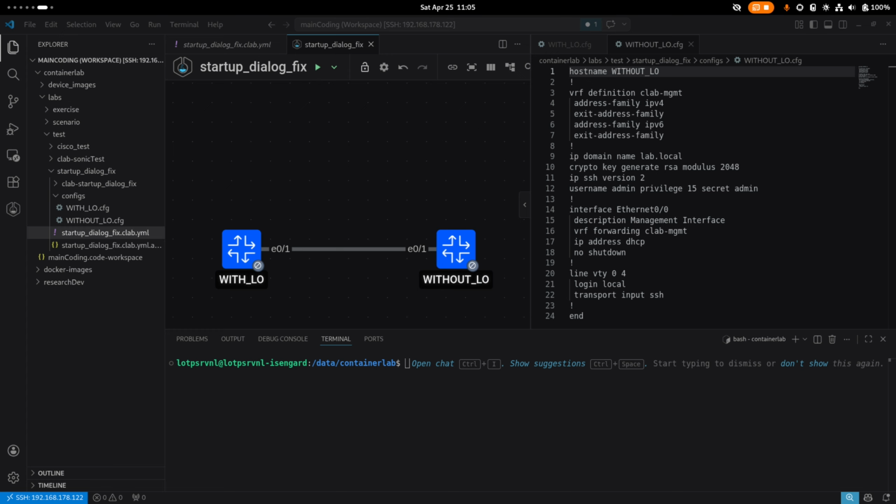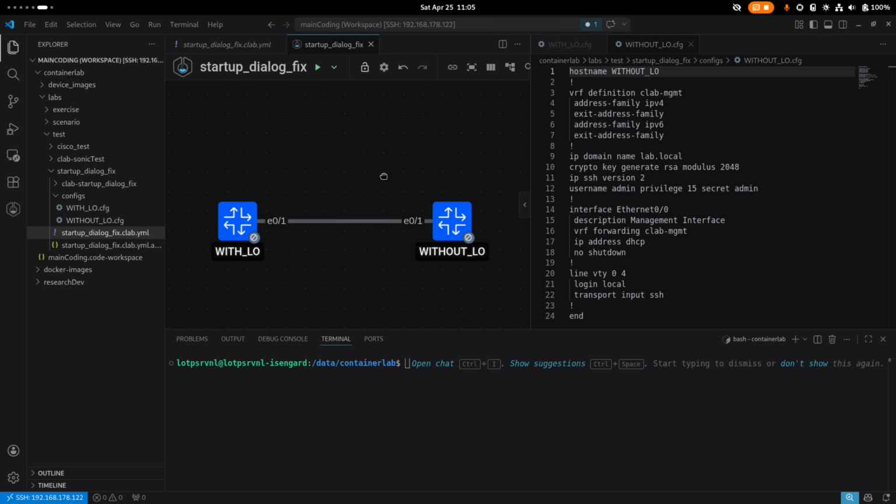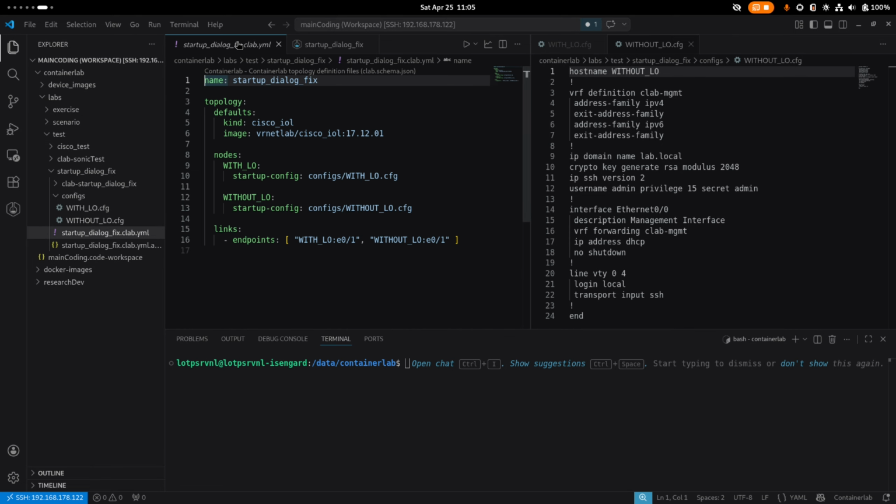Hello everyone. I was building a Containerlab topology with a couple of Cisco IOL devices. Actually, it was for another topology, but I wanted to make a demonstration here because I discovered some interesting things about how sometimes, or I don't know if this is happening to anyone else, the Cisco IOL deployment hangs, or maybe it depends on my entry point, because I modified the entry point a little when the Docker